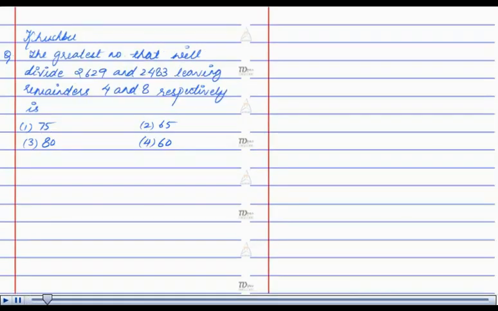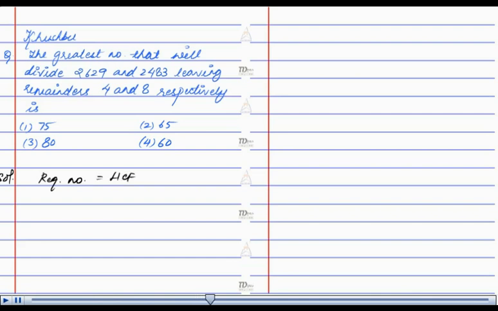Hello, I am Khushbu. The question is, the greatest number that will divide 2629 and 2483 leaving remainders 4 and 8 respectively is? The required number will be